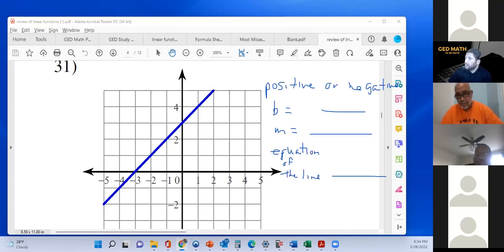So let's see. Oh, that's another easy slope. Remember, reduce your slope to lowest terms. Okay. Reduce your slope to lowest terms. Yes, you are correct. So it's gonna be